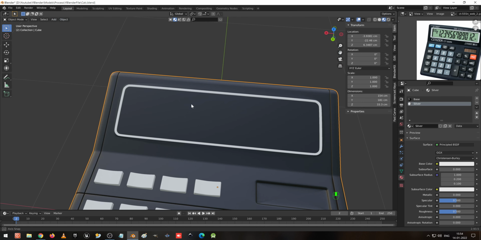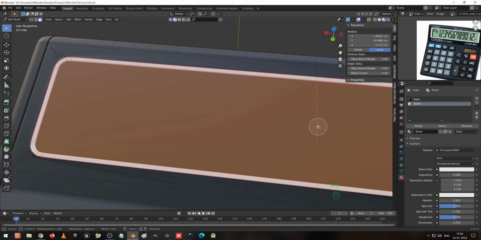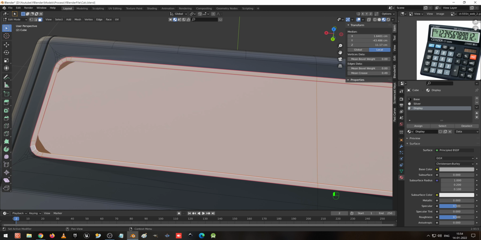Now after creating this, for this display we are going to give one more color, right? Go to the face selection, select this face and create a new material and make it display and assign. I'm going to give some color and increase the roughness.